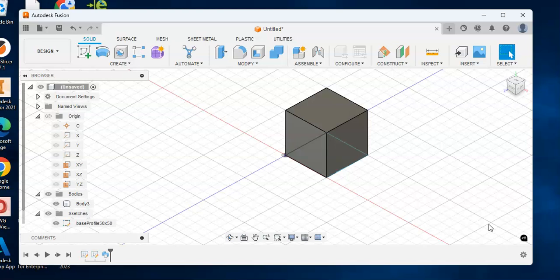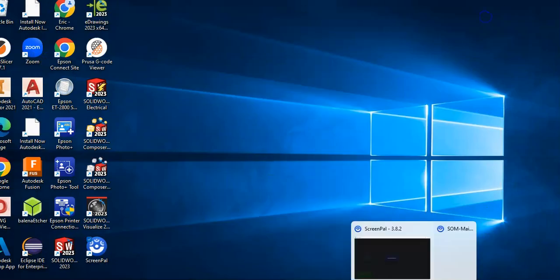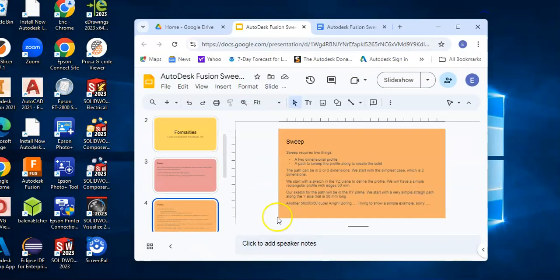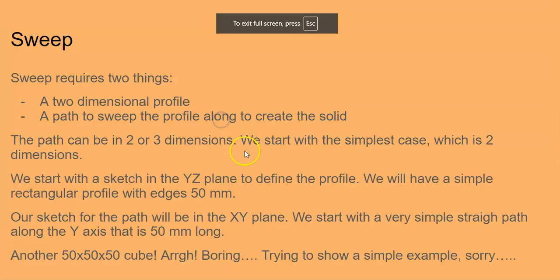Now at this point you're probably completely sick of the 50 cube. But I'm trying to create the simplest possible example that I can think of to make it easy to grasp this function of sweeping. So if we go back to our slides and say view the slideshow,